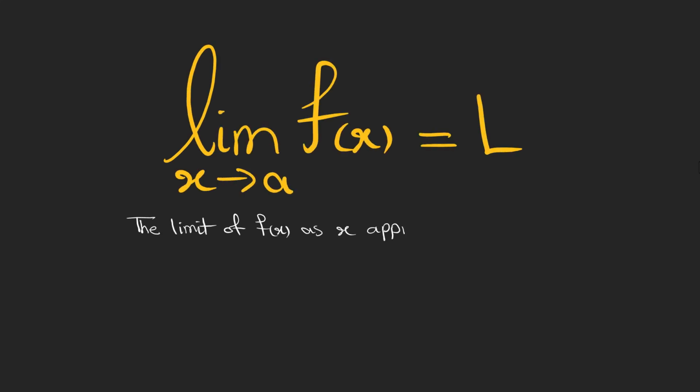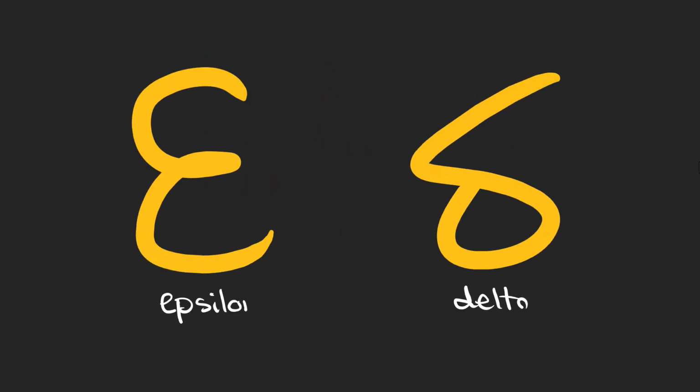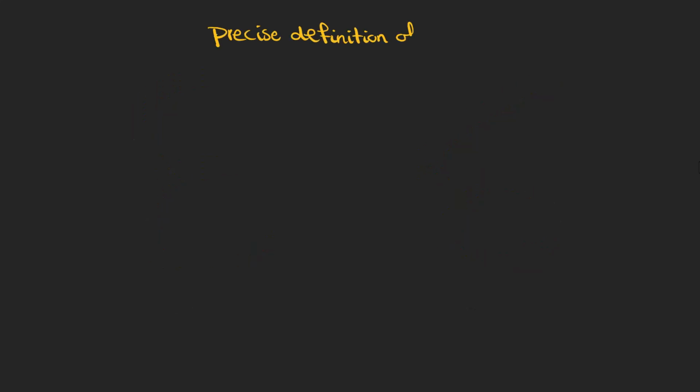We know that the limit of a function f of x as x approaches a number like a is L can be written in this form. But can we provide a more precise definition for the limits? What is approaching in mathematical terms? In this video, we are going to use these two infinitesimally small and arbitrary positive numbers, epsilon and delta, to provide such a definition. So let's talk about the formal definition of limits of a function and see what each